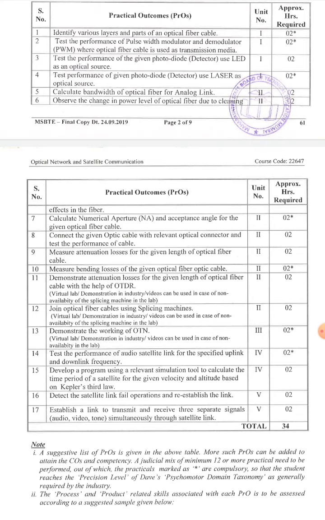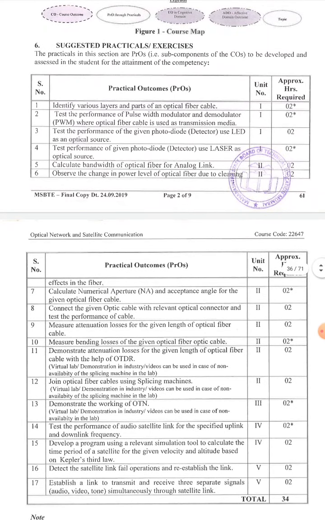16th experiment is related with the detection of satellite link fail operation and re-establishing the link. And last but not least, the 17th experiment is related to establishing a link to transmit and receive 3 separate signals, audio, video and tone, simultaneously through the satellite link. So among this 17th experiment,